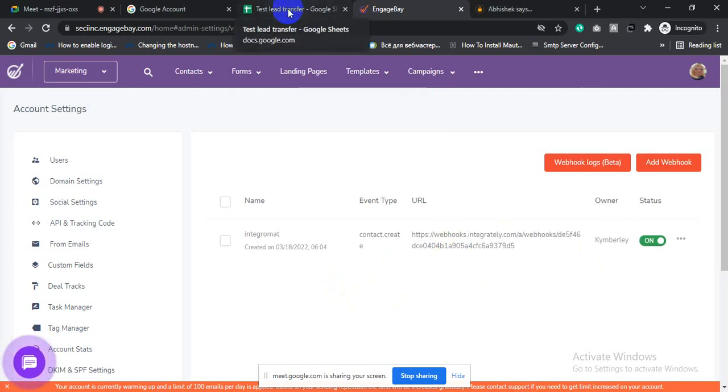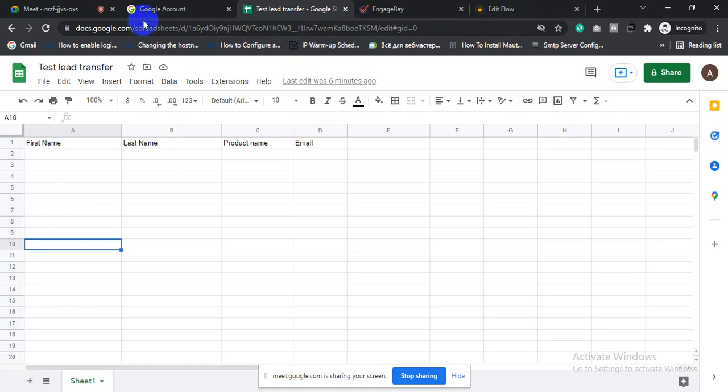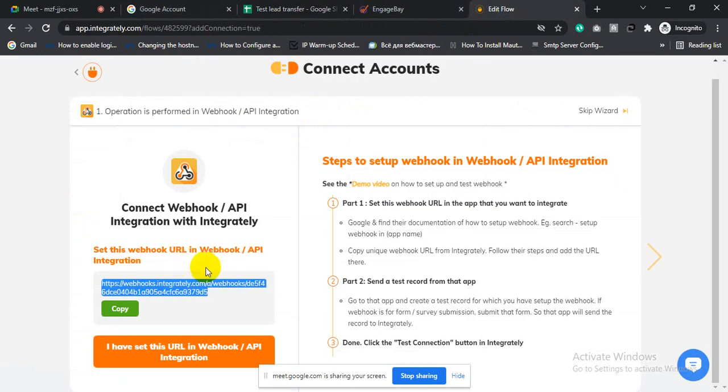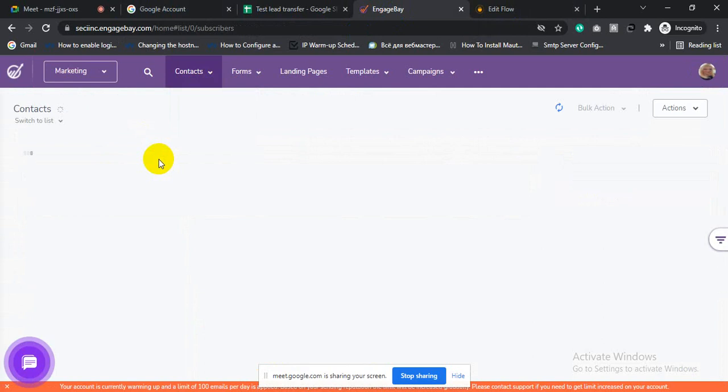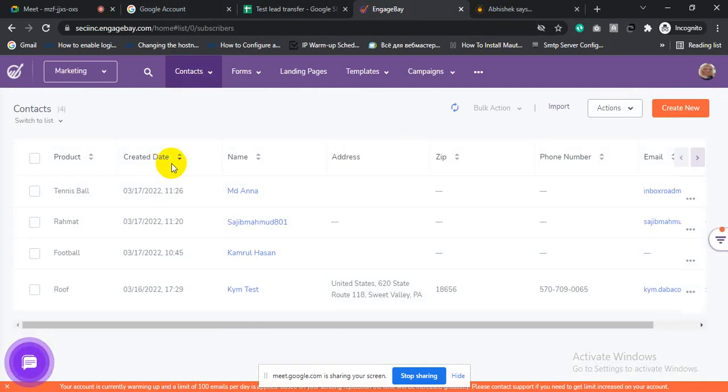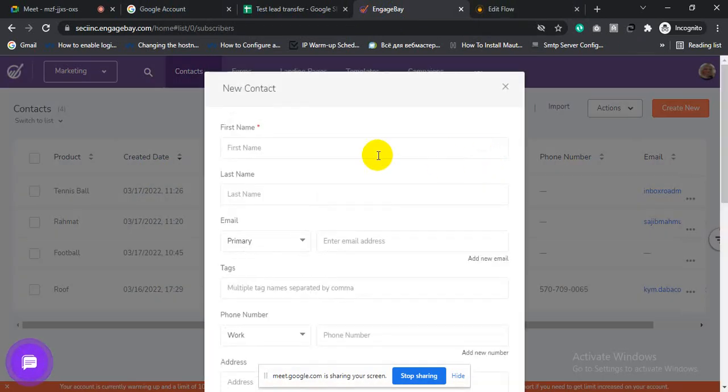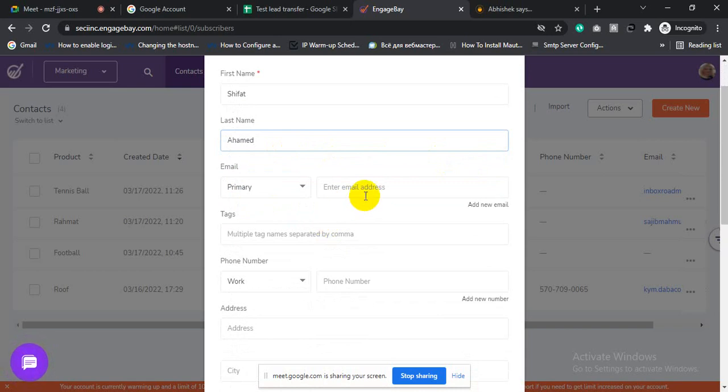Then go to sheet, then go to our website and let's create a data. Let's create a lead in our CRM so that we can receive this lead into the Google Sheet. Click create new, like first name like SSI, last name AMED, then email,